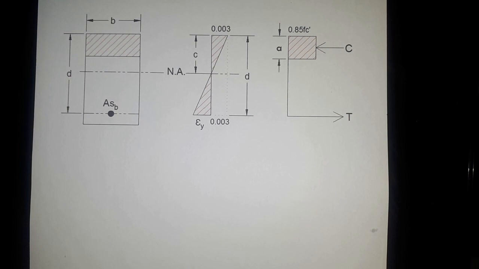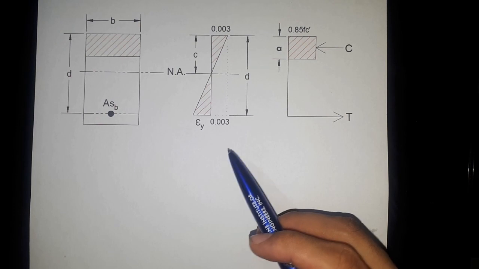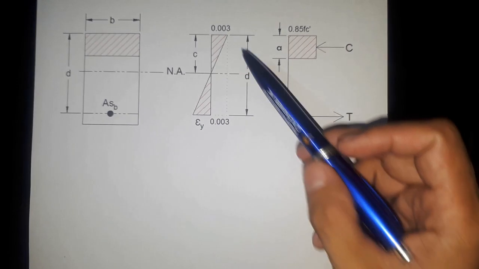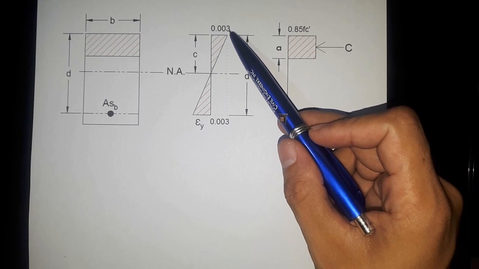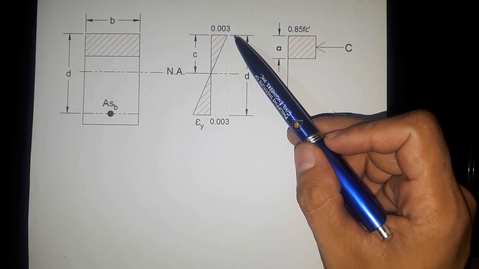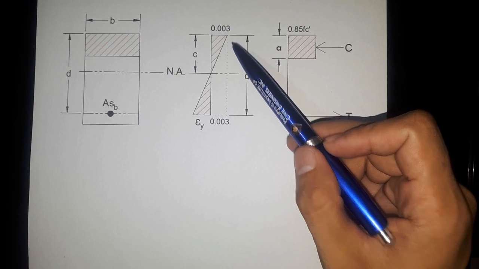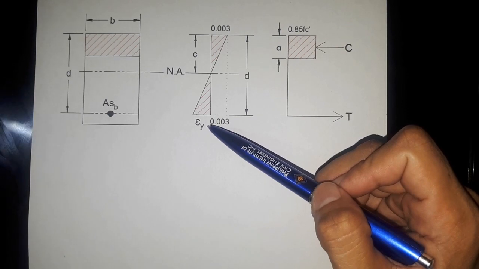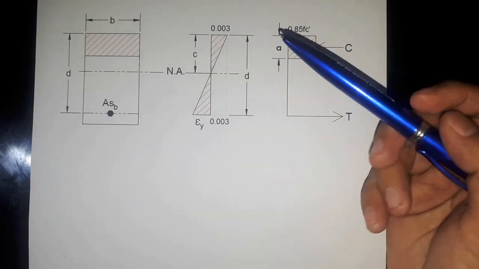So, pagdating natin sa balance condition, mag-yield yung steel pag na-achieve na ng concrete yung maximum strain na 0.003. So, ibig sabihin, once na magsimula na yung rupture ng concrete, tsaka naman mag-yield yung steel. So, ibig sabihin, sabay yung yielding ng dalawa. Kaya sila tinawag na balanced